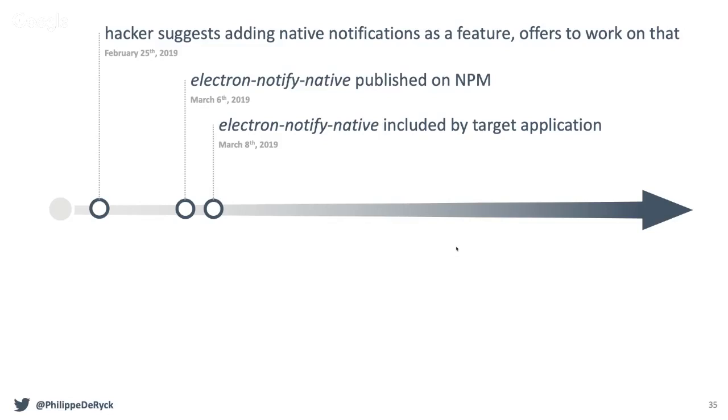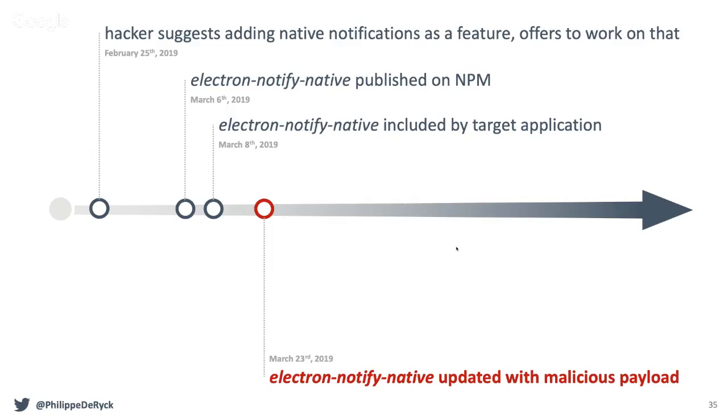Here's a pull request. That's definitely a quick turnaround time, and everybody's really happy. Seemed to work, totally legit. Nothing malicious has happened yet. This is a legitimate open source contribution by someone on the internet. And then this package, Electron Notify Native, which is maintained by the attacker in this case, turns malicious. And all of a sudden, poof, it contains a piece of malicious code now,